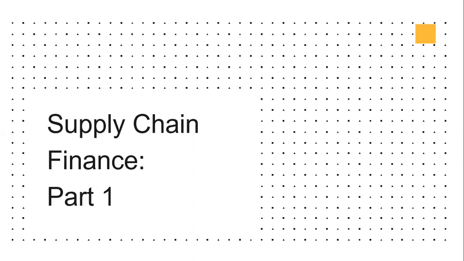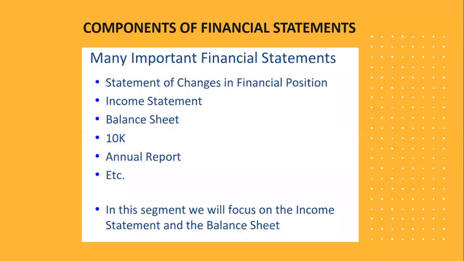So without further ado, I'd like to talk to you about some important financial statements that companies deal with. There are three key financial statements that every company deals with. The first one is cash flow statements, also known as statement of changes in financial position, income statements, and balance sheets. It's extremely important from a supply chain point of view to understand that every single supply chain related transaction has an impact on all three of these